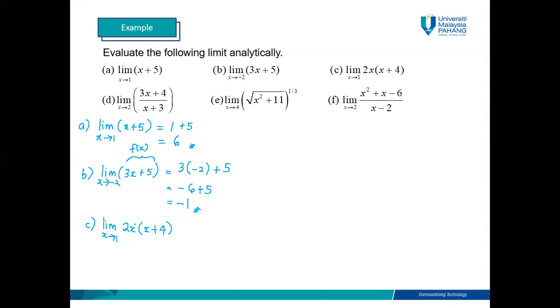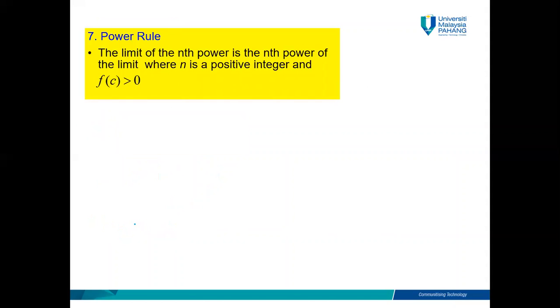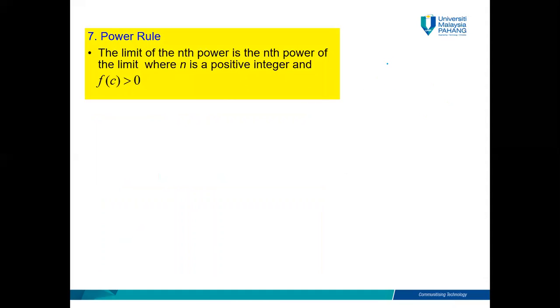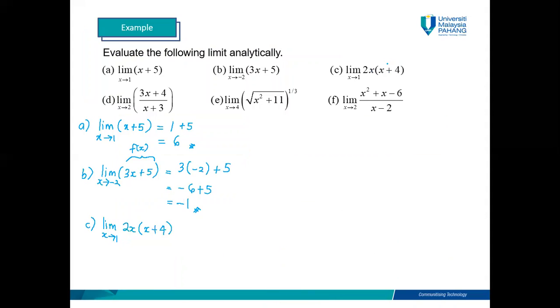Kan, product rule yang ni. Okay, product rule. So equal to limit of 2x when x approaches 1 times limit of x plus 4 when x approaches